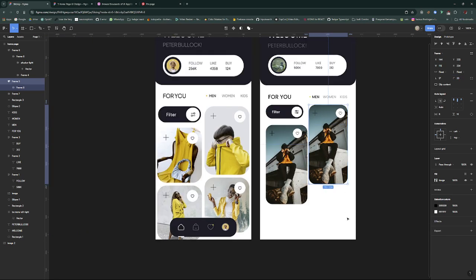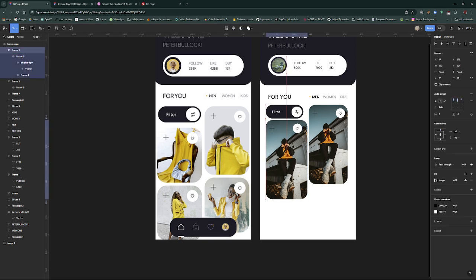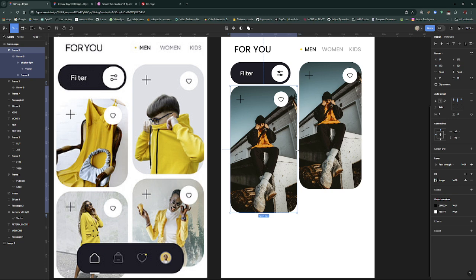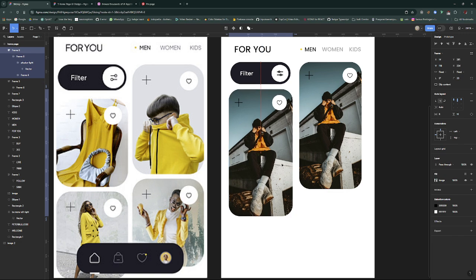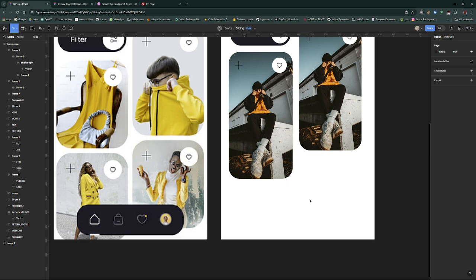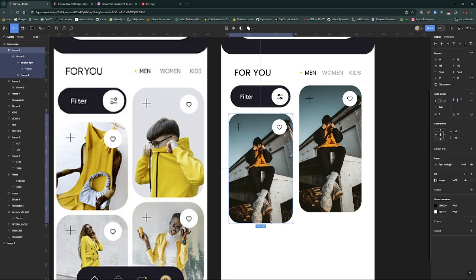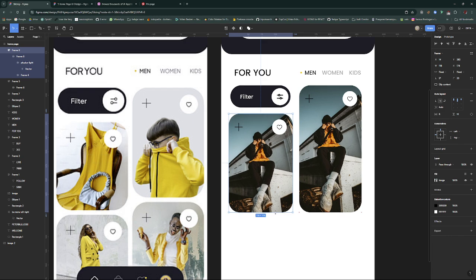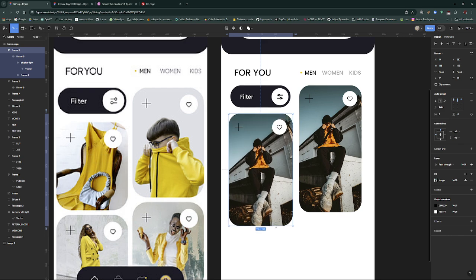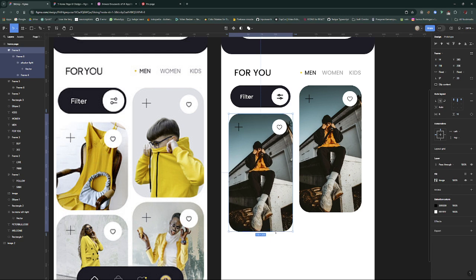Now it doesn't look that rounded, and this thing is too wide. Just like that. Let's turn the height like this,